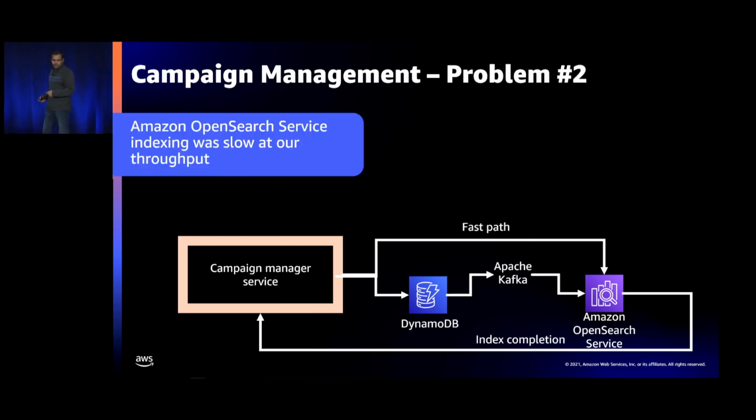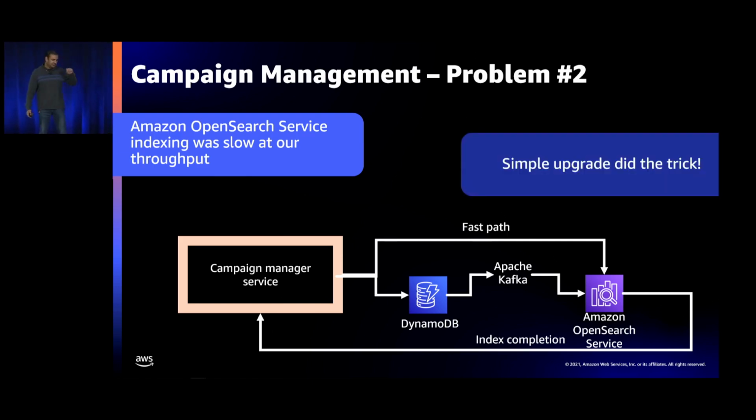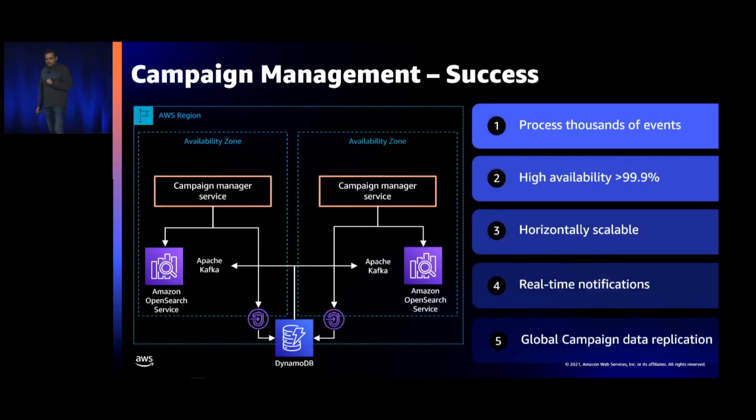Had to innovate more. We continued to dive deeper. What is going on there? Could not get answers. And some genius told us, please upgrade, you are using an older version of Elasticsearch. We upgraded 10 plus versions, and our latencies came down to less than 250 milliseconds. And that was something that we loved. Yay. There was a lot of success throughout. By the time we got to today's world, we are processing thousands of events. Our availability is more than 99.9. We are truly horizontally scalable.